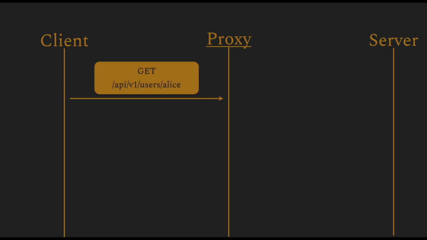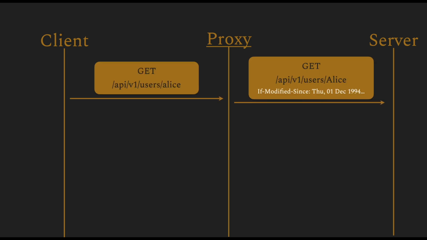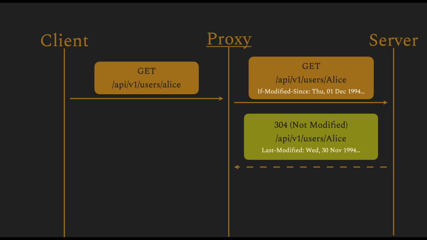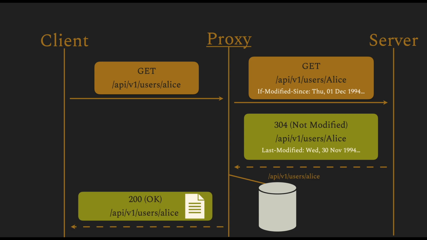On the other hand, if the data was not modified, then the server can return a 304 Not Modified response and also set the Last-Modified to the original value. The proxy can look up the cached value in its cache and then return that value because the original was not modified. Other mechanisms of validation, which we are not going to discuss here, include the use of things like ETag headers, If-Unmodified-Since headers, If-None-Match, or If-Range.